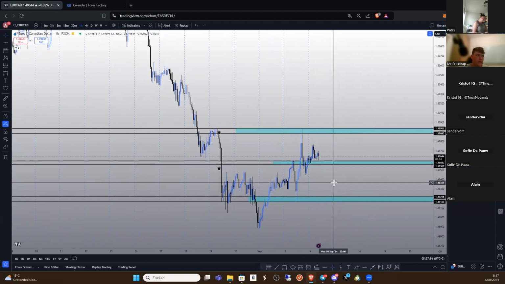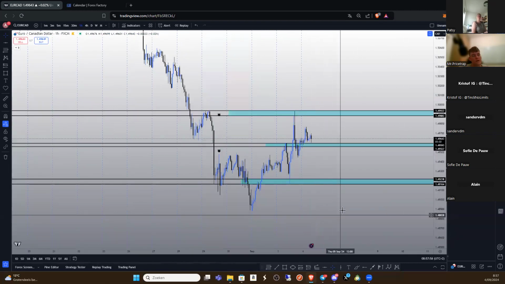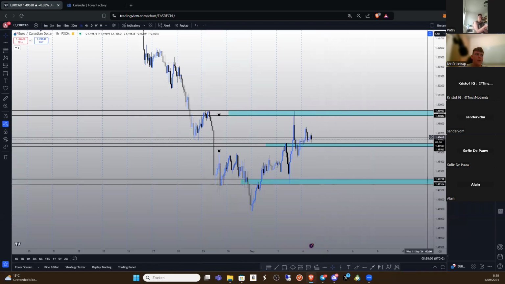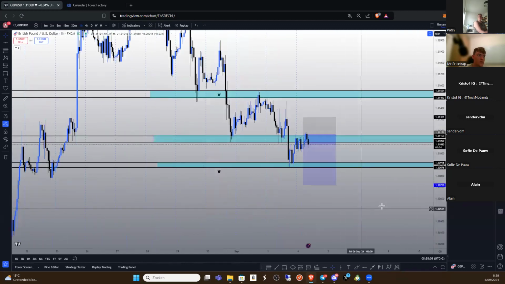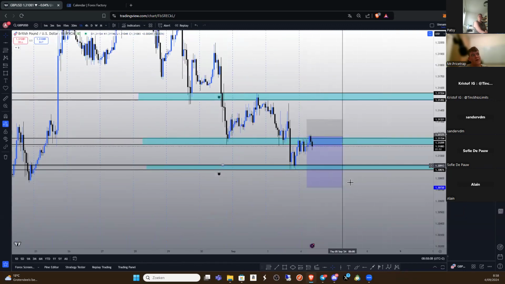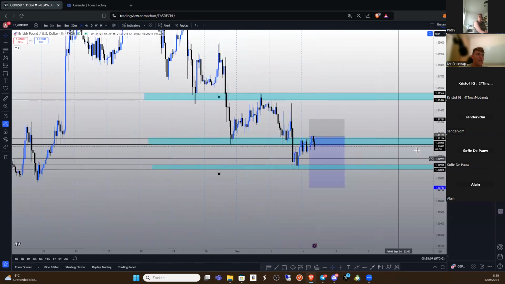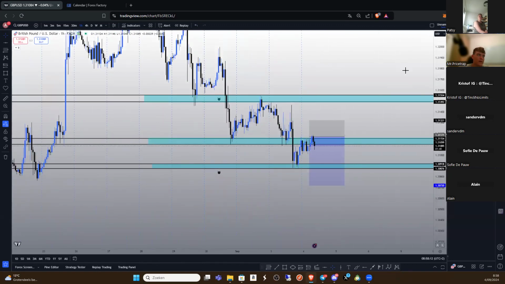All right, so two different opportunities here. Of course, we also have that support zone where we are waiting to get a breakout retest to the downside. For GU, pretty simple. We are running this one. Let's see if we can get a breakout retest to the downside, yes or no. That's something we will have to wait for.